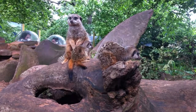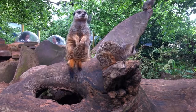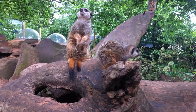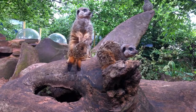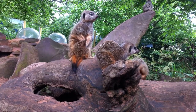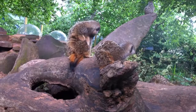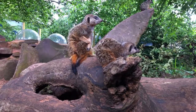Now, within a mob or a gang, there's generally just the one dominant female, possibly two or three, and she will be the only one that actually does any breeding. However, the other females will still help out with babysitting duties, so they'll help look after the youngsters so mum has a chance to go off and find some food for herself. Now, the subordinate females can even go so far as to lactate. So even if they've never before been pregnant themselves, they can still produce milk in order to feed the youngsters of the dominant female. Now, that's a really amazing kind